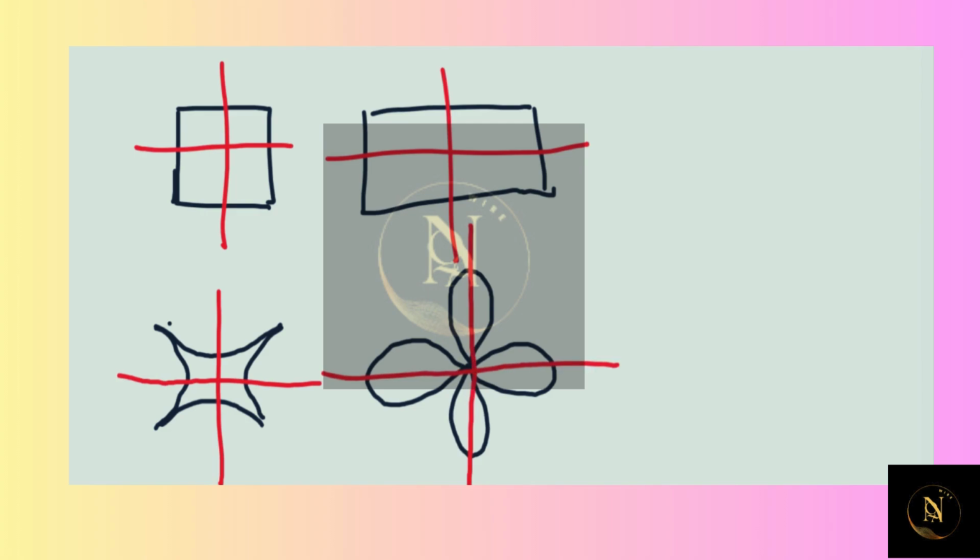But then let's think about what else we could draw. We could draw maybe an image that looks like this. And that would also have two lines of symmetry. Or we could make an adjustment to this image, and it could look something like a flower. And that would have two perpendicular lines of symmetry. So it doesn't necessarily have to have straight sides,